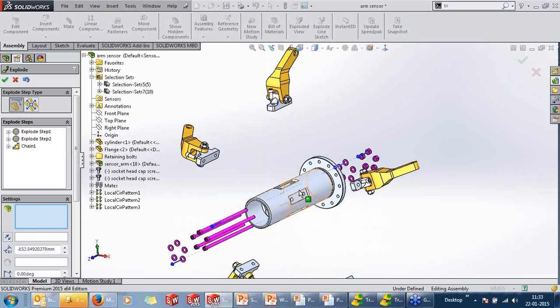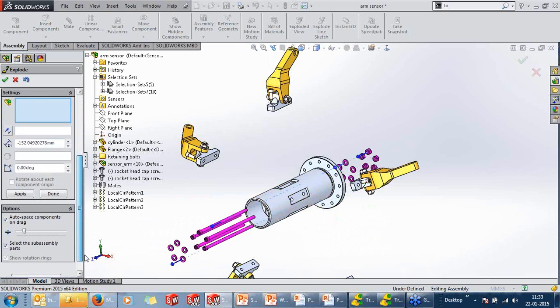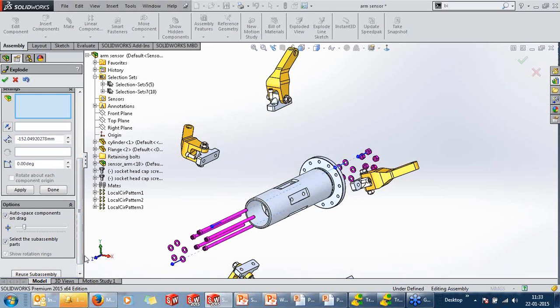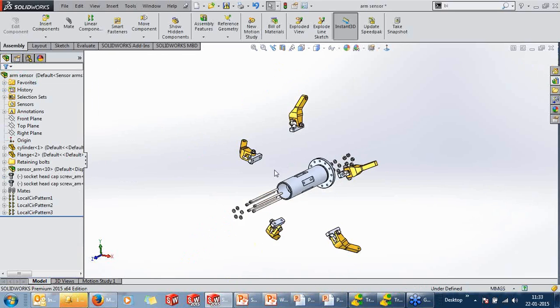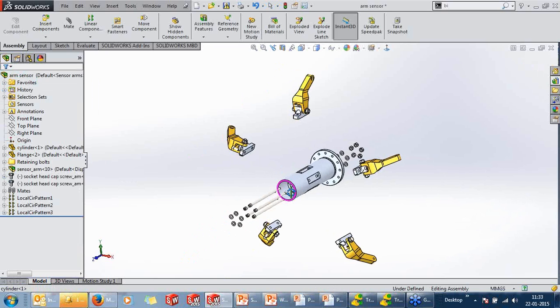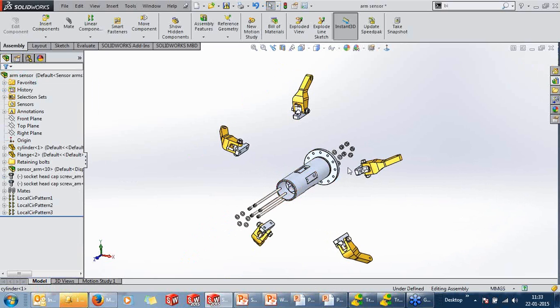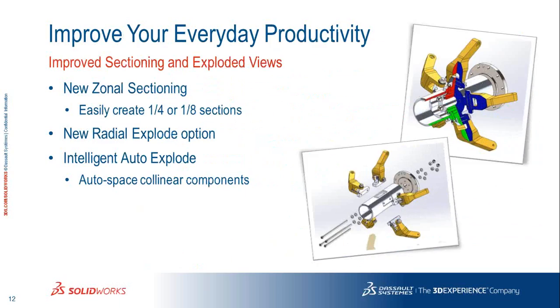SolidWorks will now understand, if you select the subassembly parts, that it is collinear, and it creates a group and explodes it according to our requirement. So these were some enhancements in terms of assemblies, in terms of sections and exploded views.